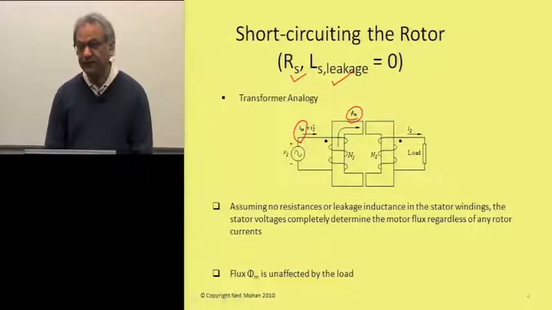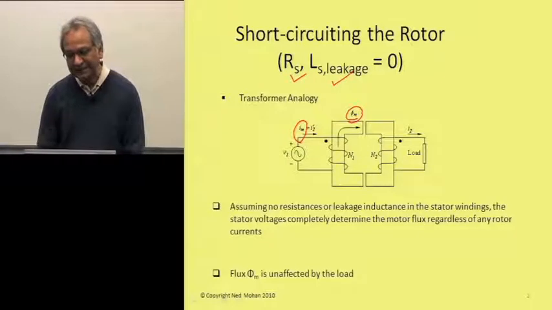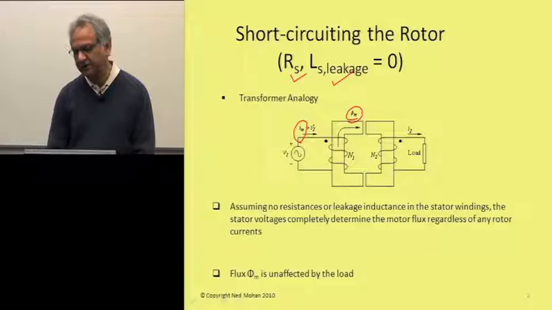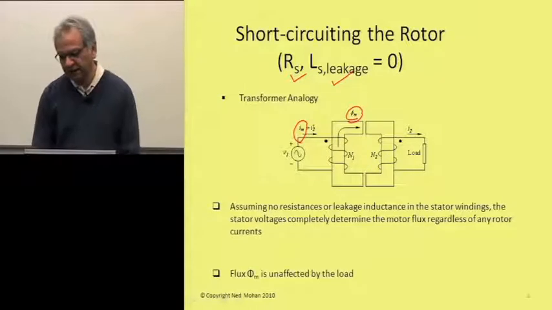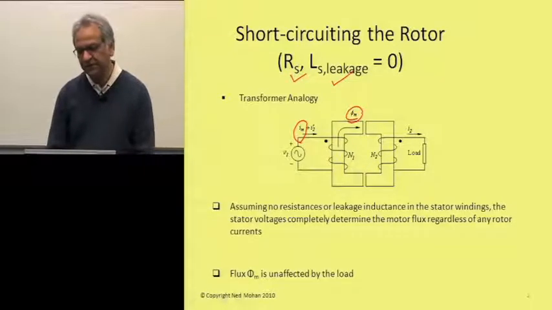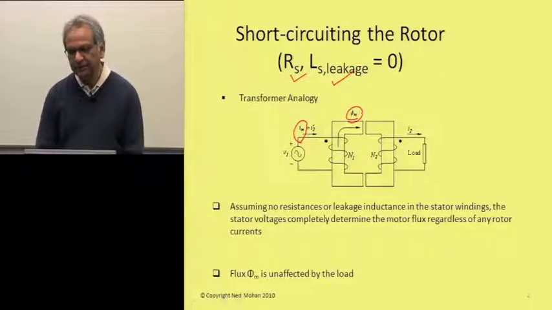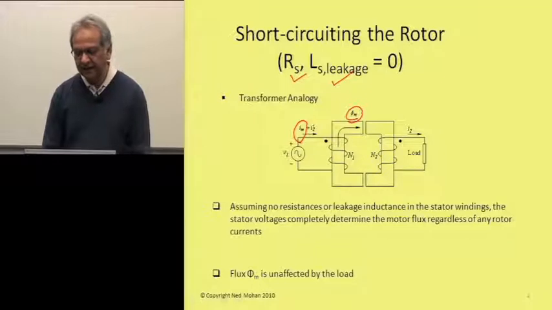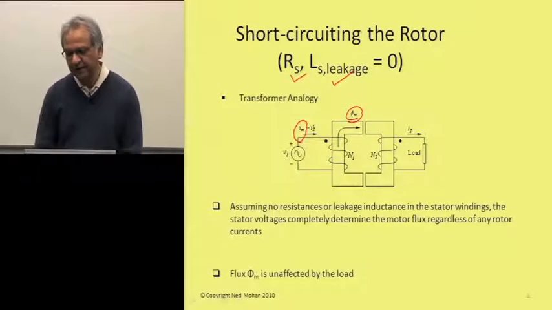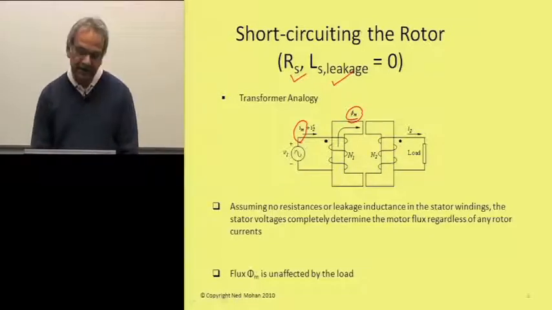That's Faraday's law, and there is nothing we can do on the secondary winding that will change this flux here. So there's a time rate of change of flux, and that flux is linking with the secondary winding. So there's a voltage induced in the secondary winding, and if you connect a load across the secondary winding,